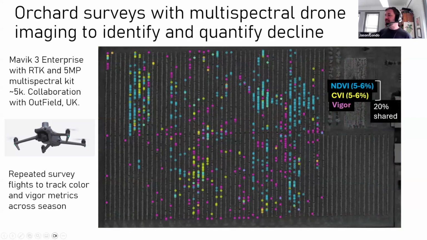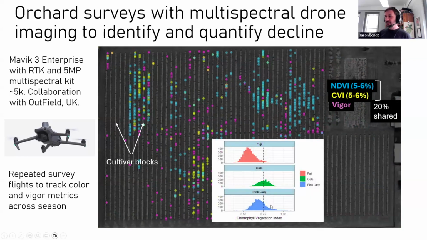What we see is a very big difference in the way that different cultivars are imaged, and that greenness is cultivar specific. Here you can see the distribution of how green a leaf would be on Fuji, Gala, and Pink Lady. You can see Fuji and Pink Lady are in general more yellow than Gala, so this makes it a little complicated to use drones to identify weak trees,